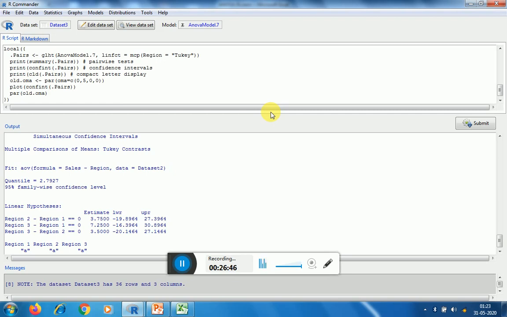So analysis of variance is used for testing the several means at a time. So if you are having the treatments, you are having one independent variable, you are having number of treatments more than 2, then in such cases you can use the analysis of variance. If you are having only 2 treatment levels or single treatment for any independent variable, then you can go with hypothesis testing. So this is all about the analysis of variance.